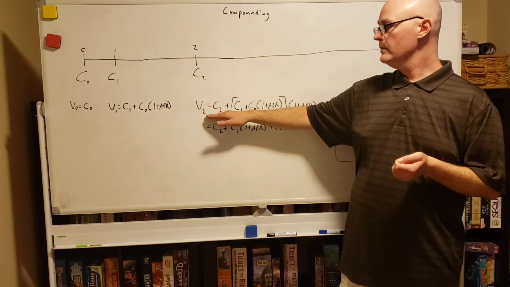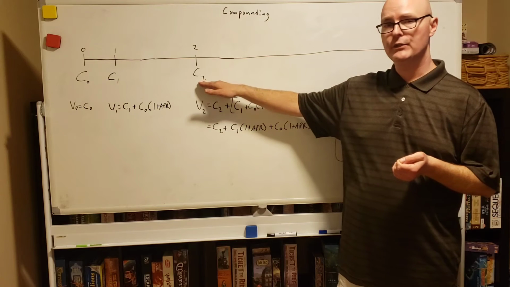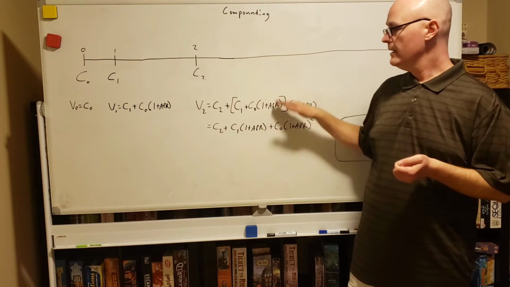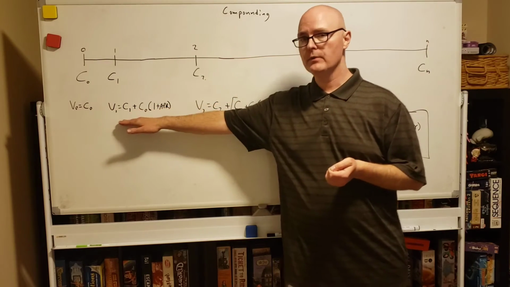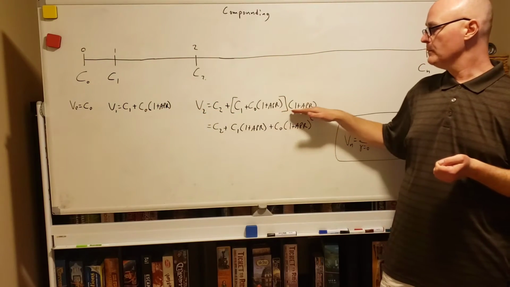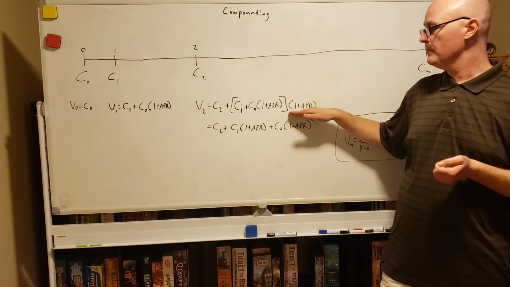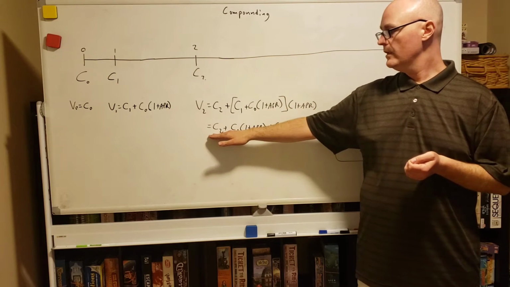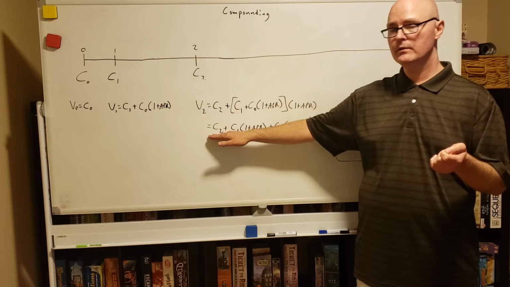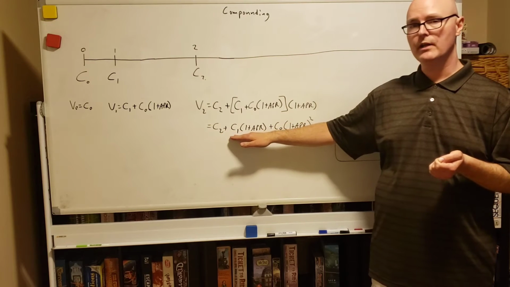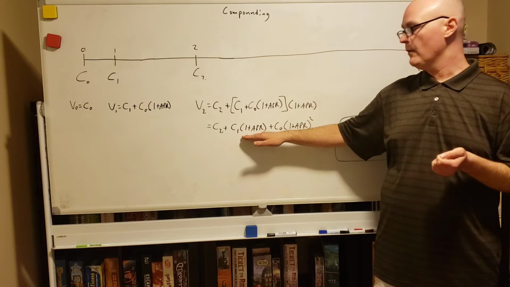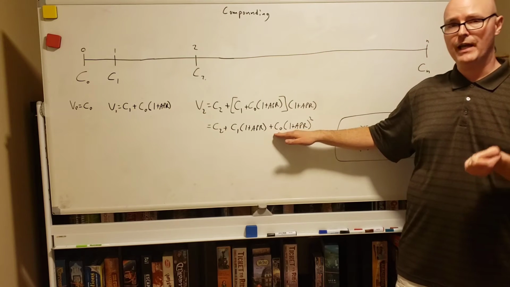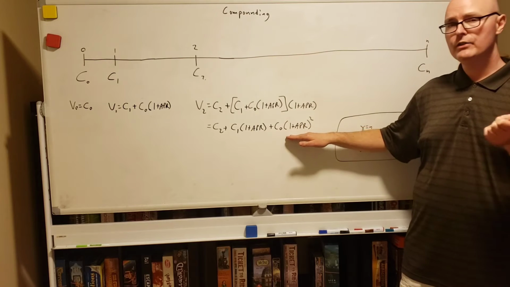In year 2, I have my year 2 contribution plus my year 1 value multiplied by its growth, which is 1 plus APR, which simplifies to the contribution of year 2 plus the contribution of year 1 multiplied by 1 year of growth plus the contribution at year 0 multiplied by 2 years of